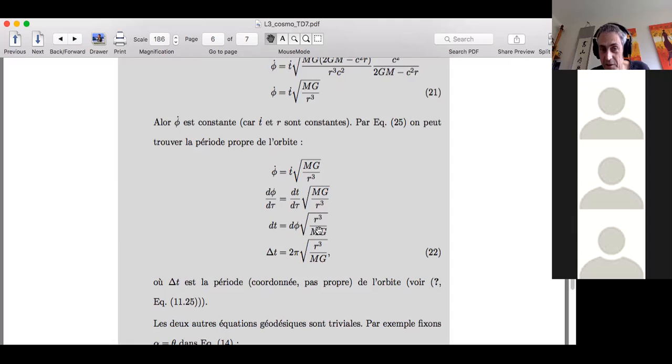And then we have this equation, and then we can integrate again both sides, and we have some finite period. This is a differential of the coordinate time, and if we integrate that, we get the, well, I guess I've integrated phi over a cycle of 2 pi. So I've done a full orbit,